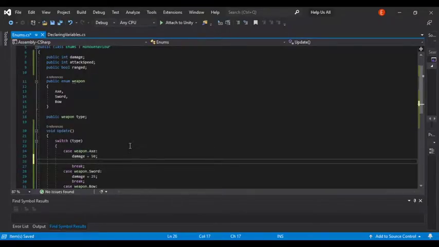So the axe's attack speed is equal to 0.5 because it's very large and it's going to take a while. It's going to be easy.